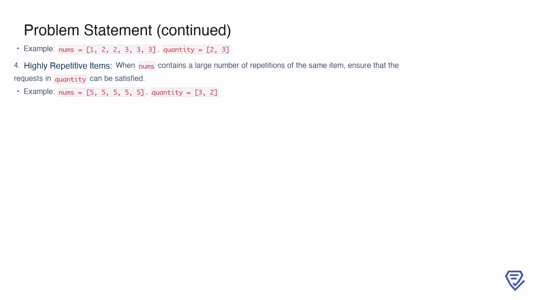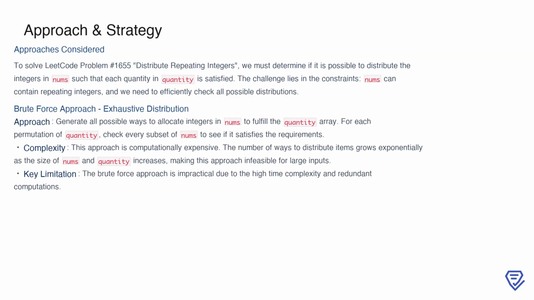These examples and edge cases highlight the importance of carefully analyzing the distribution possibilities to determine the correct result. To solve the problem of distributing repeating integers, we need to determine if it's possible to allocate the elements in the nums array to satisfy the demands in the quantity array. The challenge arises because nums may contain duplicate numbers, and we need to evaluate all possible ways to distribute them